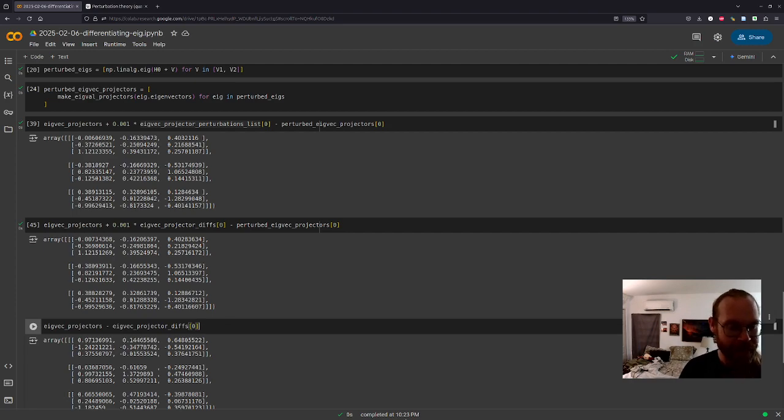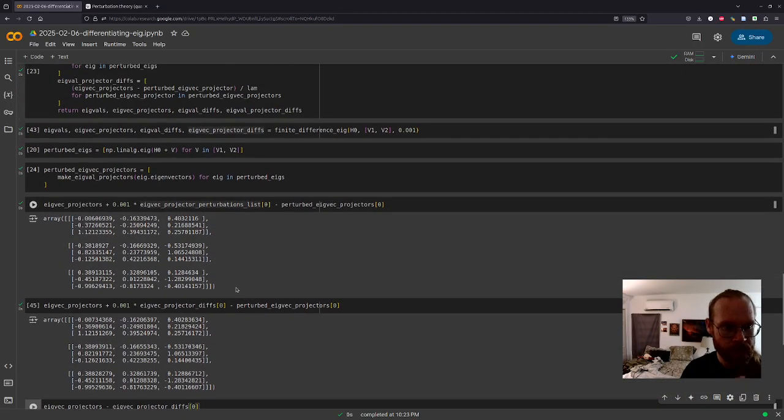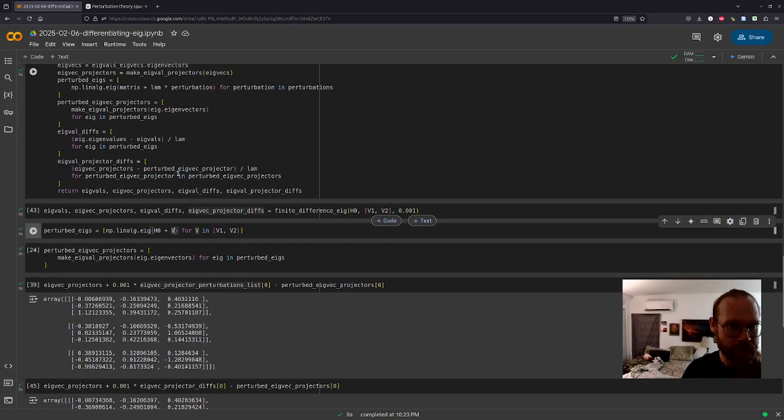Well, what I've learned right now is that my finite difference method isn't even giving me the right answer. Well, it wouldn't, because the perturbed eigenvalues should be lambda times v.